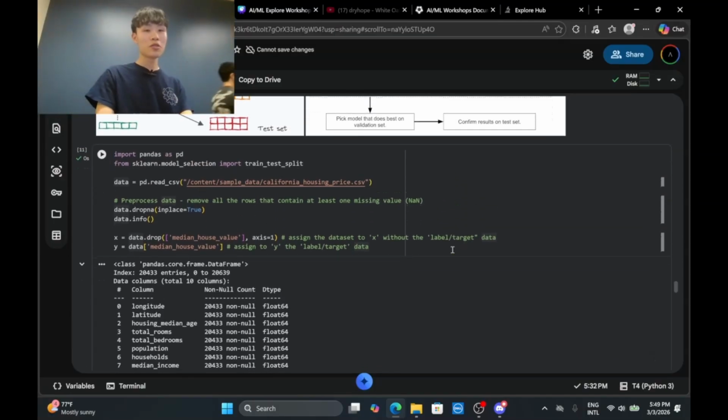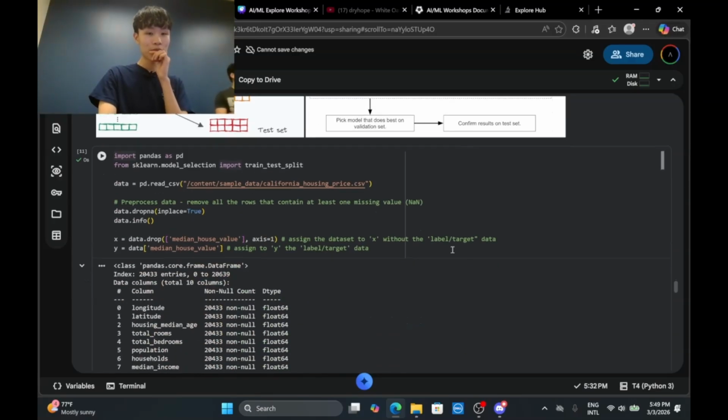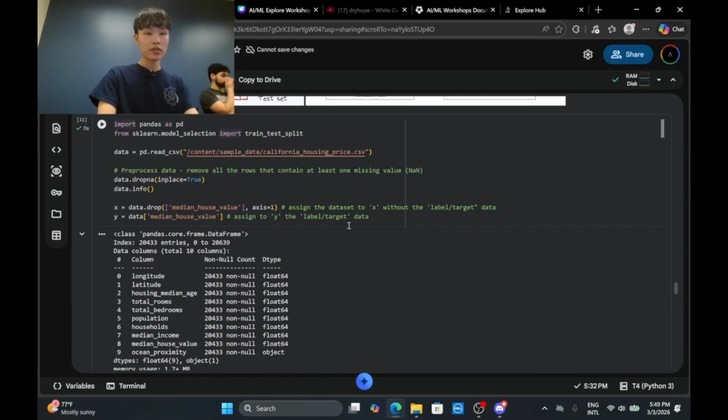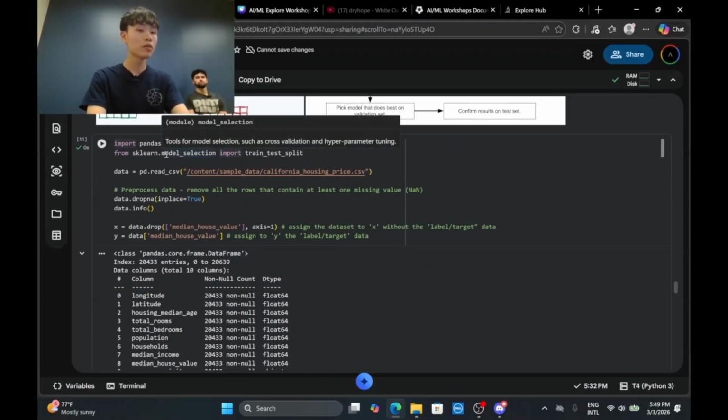All right. So after downloading the dataset and trying these two cells out, I'm going to go over what each line does.